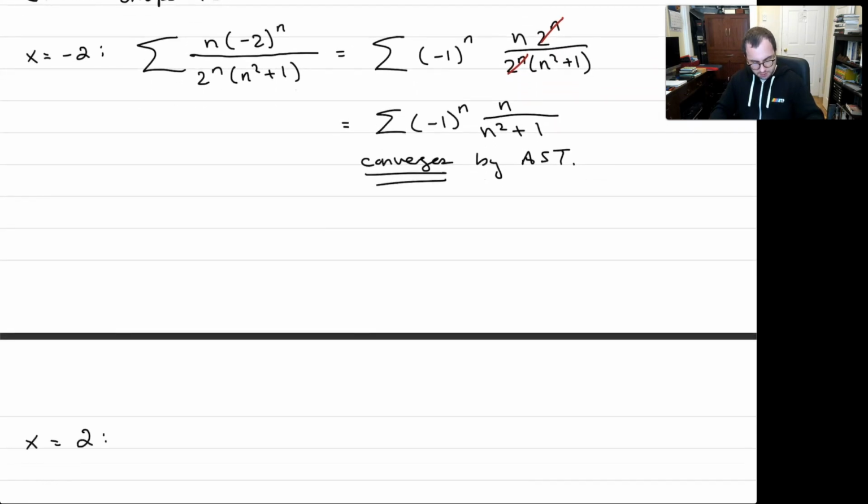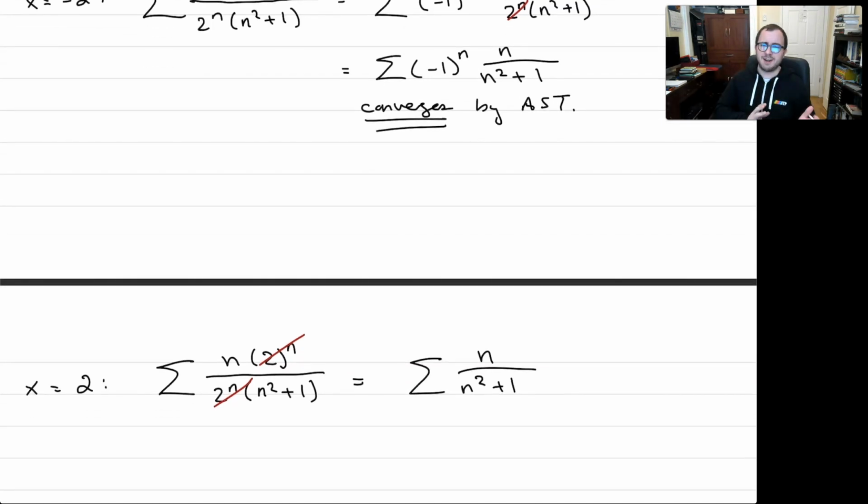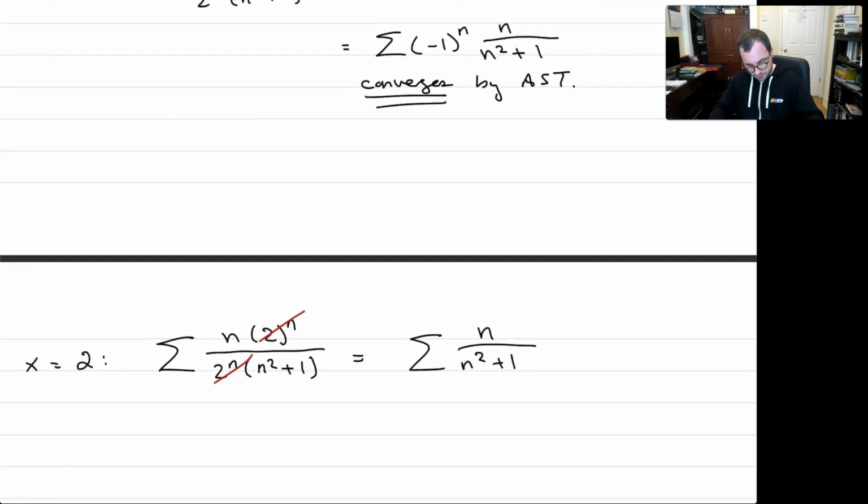At x equals 2, the series becomes n times 2 to the n over 2 to the n times (n squared plus 1). The 2 to the n's cancel, and the series is n over n squared plus 1. Now, n over n squared is a lot like 1 over n. And indeed, if you use the limit comparison test with 1 over n, this diverges. And I'll just write that here, and you can check that yourself. Diverges by the limit comparison test